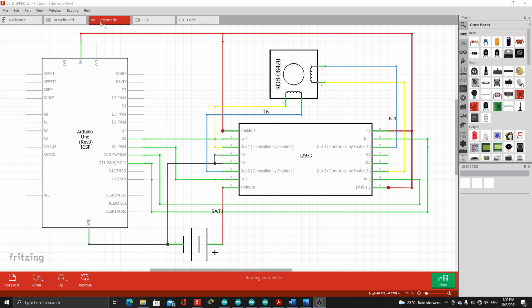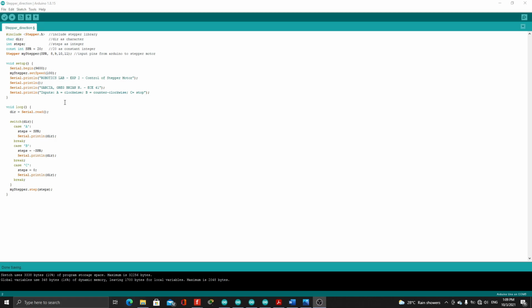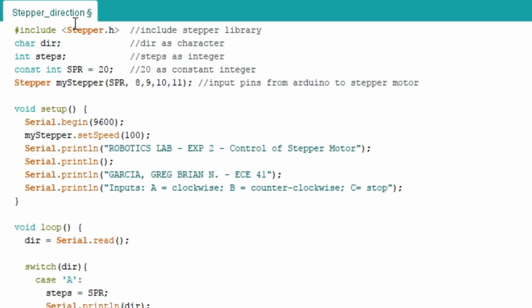Now let's create the code. For the first program, this will be the Arduino code for controlling the direction of a stepper motor. First, we included Stepper from the library, so we can use this function. Then we have dir as char, steps as integer. We also have SPR as our constant integer, which we set to a value of 20. And for the digital output pins from the Arduino to the stepper motor, we use 8, 9,